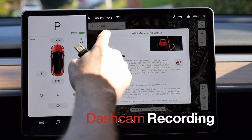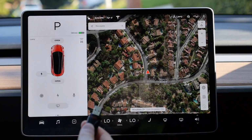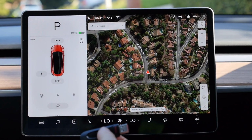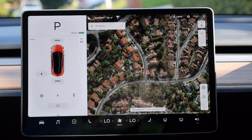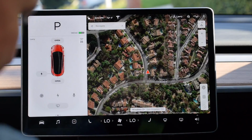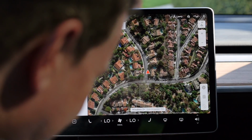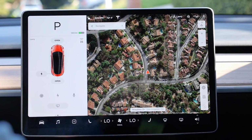I do want to show you the dash cam functionality. To access the dash cam, simply have a USB flash drive ready. It has to be formatted in FAT32 format and then insert it into the USB jack here. You also have to make a folder that says TeslaCam on the root level. So put it in there